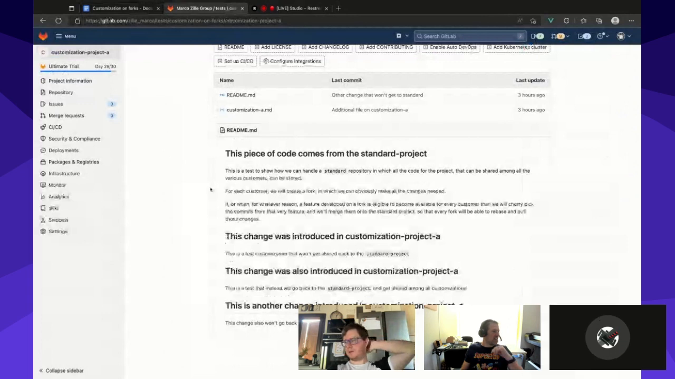Correct. Git doesn't store diffs, it calculates diffs based on the tree. Yeah, but